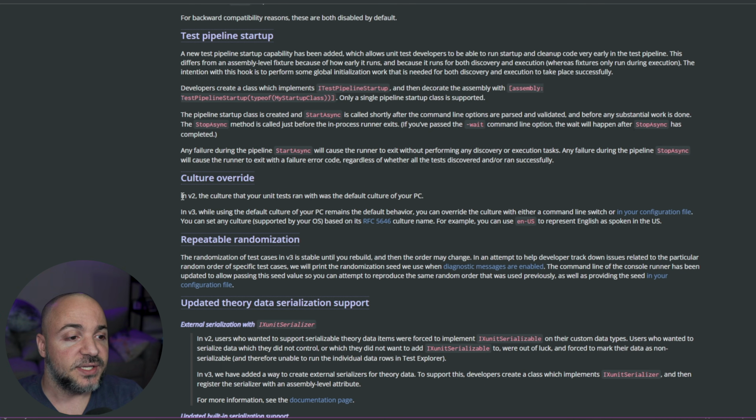So this says in V2, the culture that your unit test ran with was the default culture of your PC. And for the most part, this is going to be consistent. This isn't an xUnit specific kind of thing. But they said in V3, that default is the same, but you can override it in your configuration file. So that's super cool. That might mean that you could have not just consistency across your development environment, but maybe there's something you could do for your CI/CD pipeline where you could change the culture of your entire